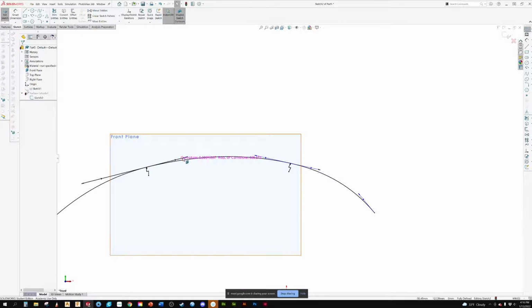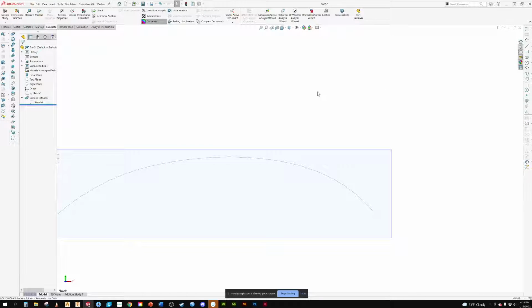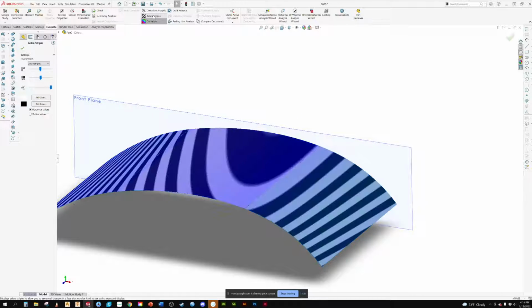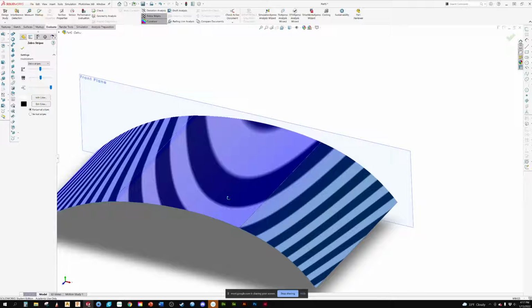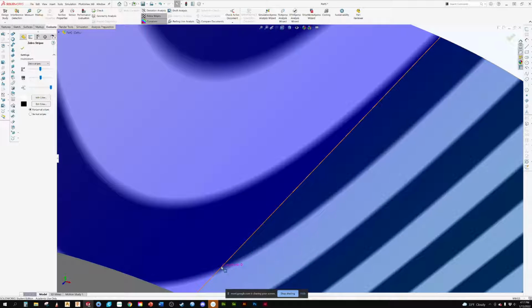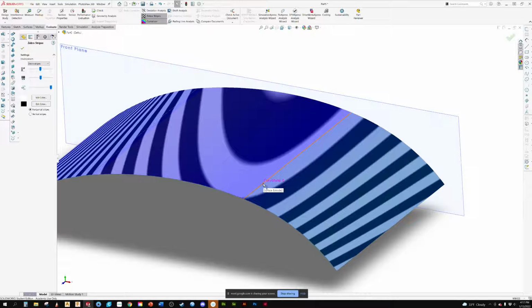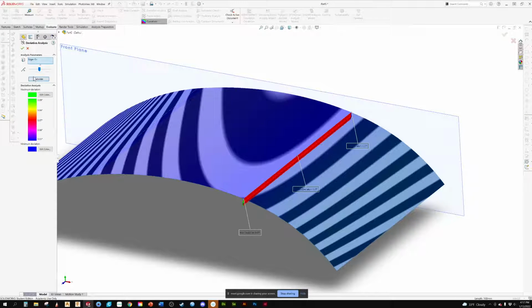I don't see any dips, I don't see any bumps. But if I do this, you can see that there is going to be a little bit of a gap there. If I come in and I do this and go deviation, very small,